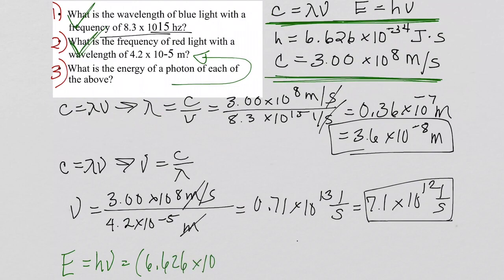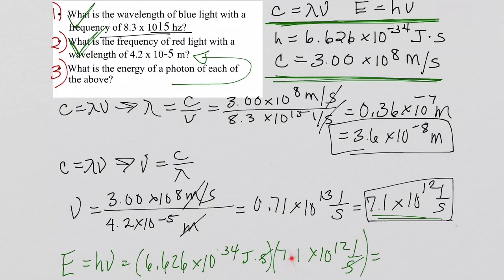So I've got 6.626 times 10 to the negative 34, and that's joules times seconds. And then this value right here, 7.1. Whoa, that's kind of messy. 7.1 times 10 to the 12th, 1 over s. The seconds cancel with the 1 over seconds, and I'm in joules, which is an energy unit, so that makes sense. When I do my number crunching for that, when I do this value times this value, times this value right here,